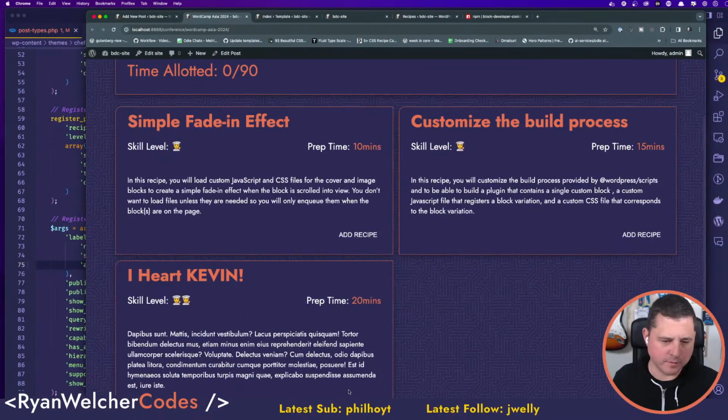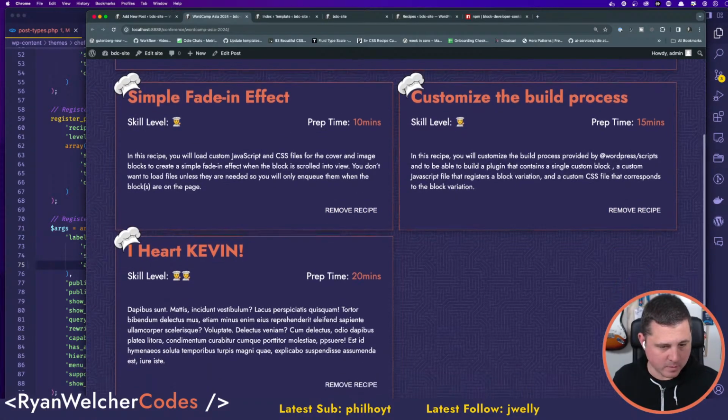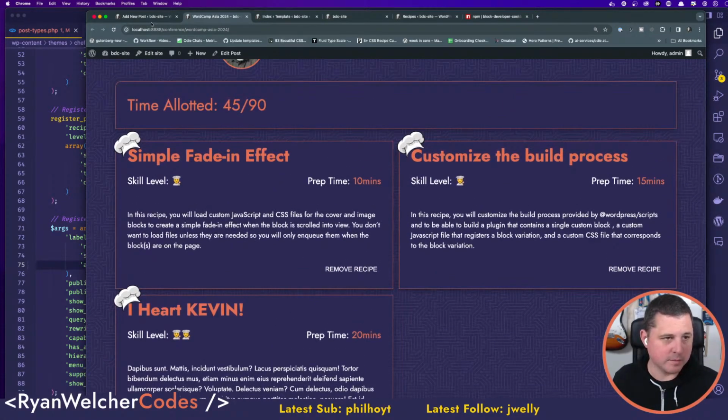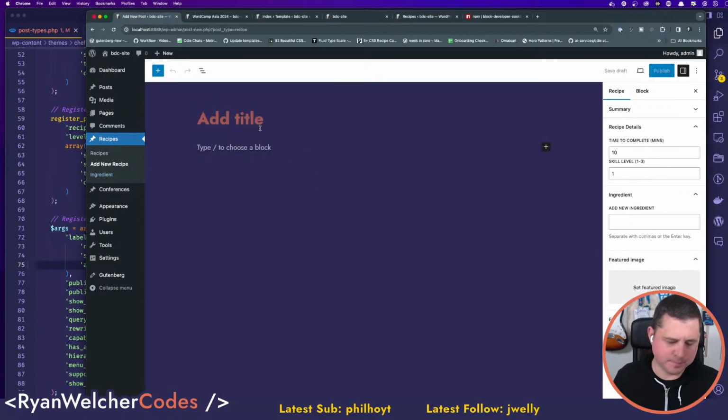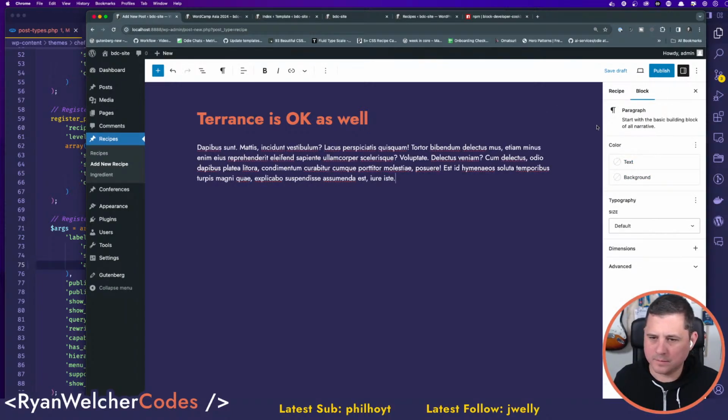The intent here is that I still need to add more. I'm just gonna add another recipe. Terrence is okay as well. Paste that in there.